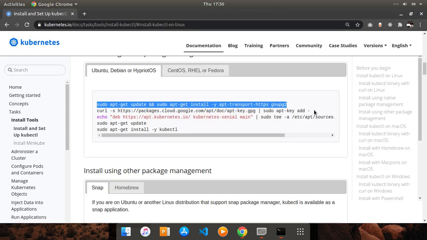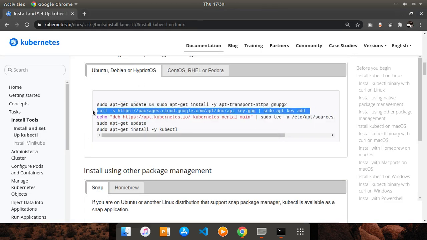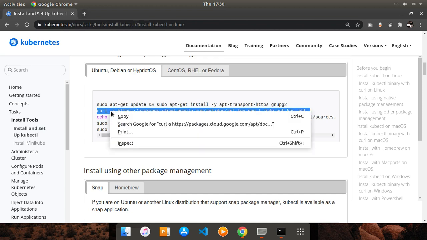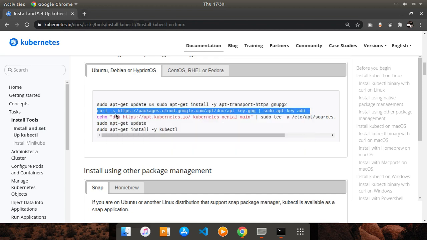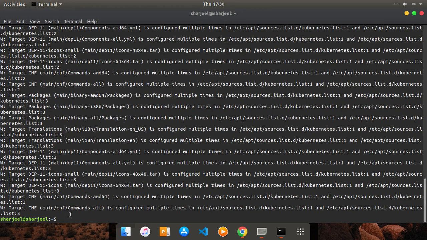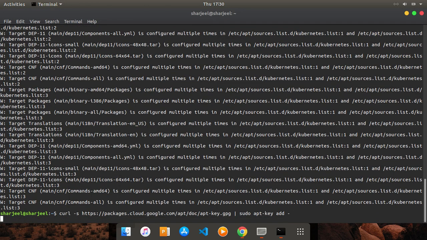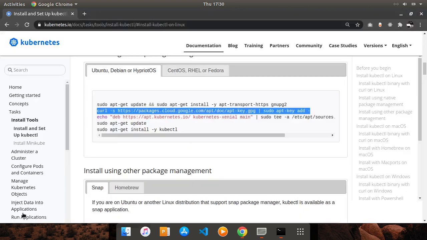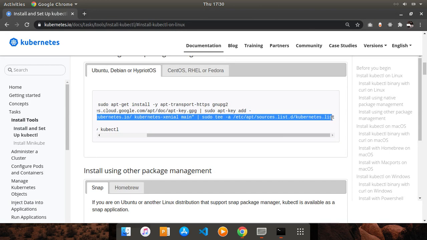Now we provide the second command, which is here, the curl https, which downloads the packages. I need to just paste it here, press enter, and it will say okay. That's when you are good to go, and you need to copy this command here.